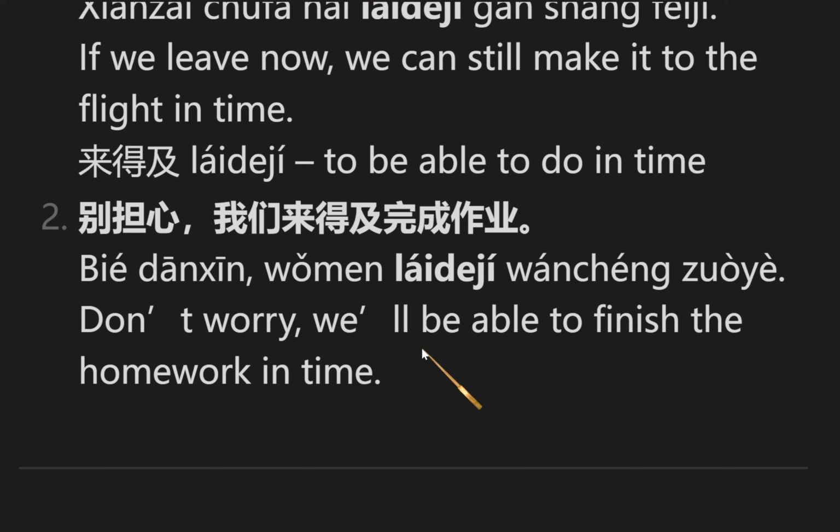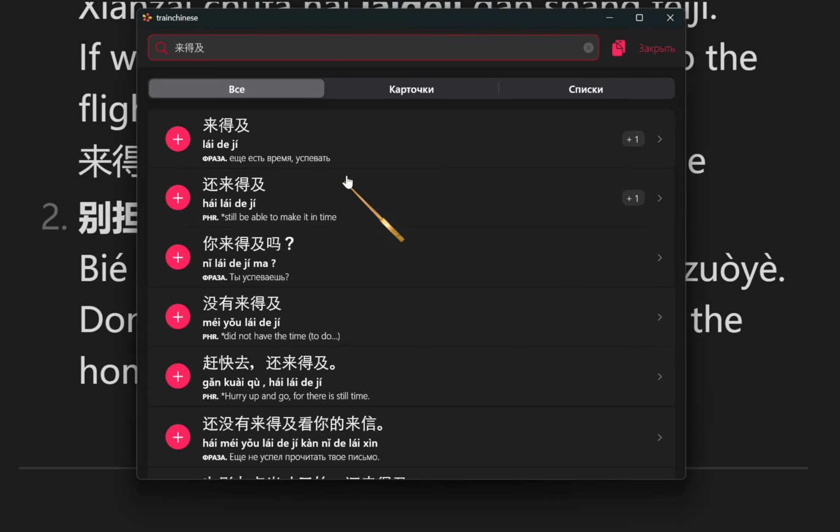So let's see another example. Don't worry, we will be able to finish the homework in time. 别担心 担心 it's to worry. 别 means don't need to be worried, or don't worry. 别担心我们来得及 we will be able 来得及完成作业 完成 to finish, 作业 homework. But 来得及 shows able to finish the work in time. 来得及完成作业。